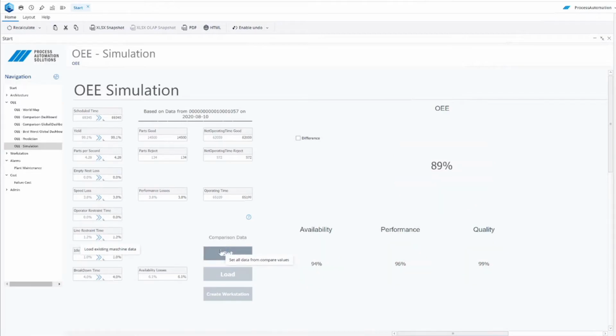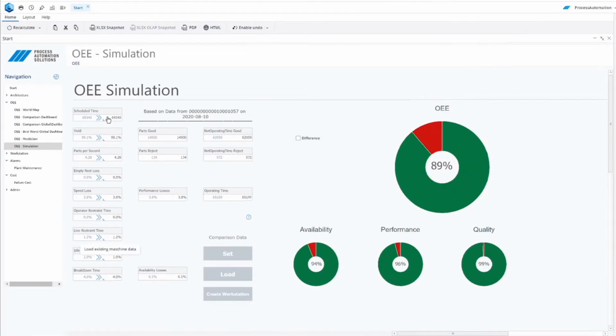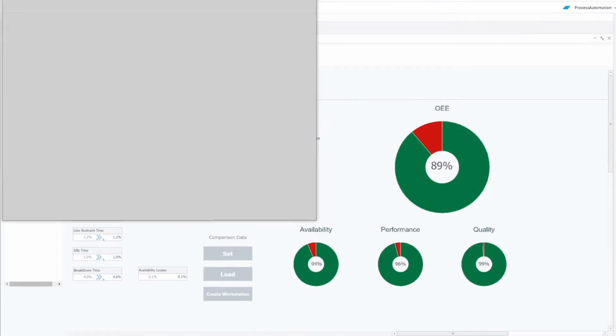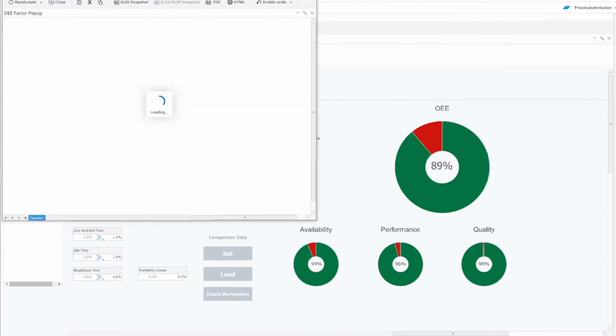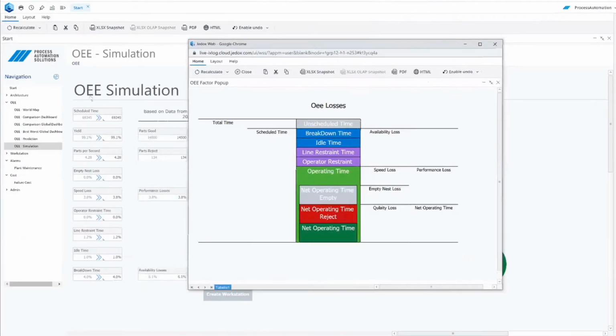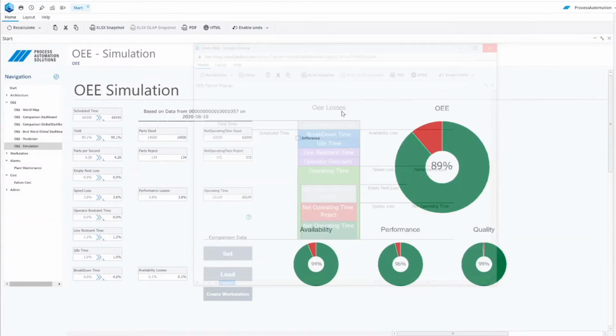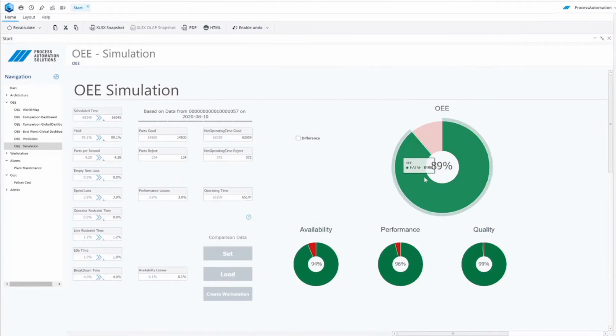So now we get here all the input parameters which influence our OEE, and we can see exactly where this OEE comes from. We could also get the information in here how this OEE is calculated. So as you can see in here, we have all these input parameters, which are exactly these ones here, and they decide how the OEE is